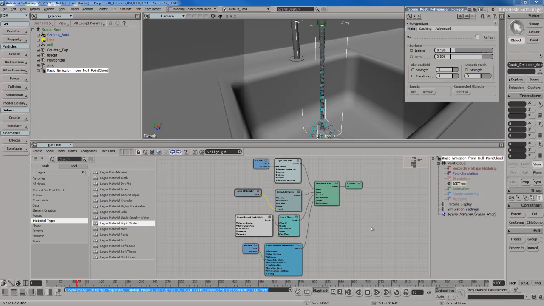Now we're going to talk about caching and how we can cache our Lagoa particle sim. Now there's two sides to this. There's two things basically that we want to cache. We want to cache the particle simulation, and we also want to cache the polygonizer mesh that represents the actual fluid. We're going to start off first with caching the particle system, and then later we'll talk about how to cache the polygonized fluid. And caching, for those who may not know, is basically just a process of saving out